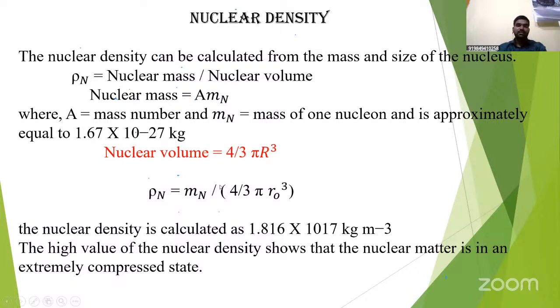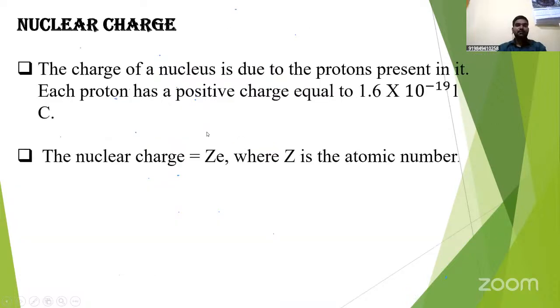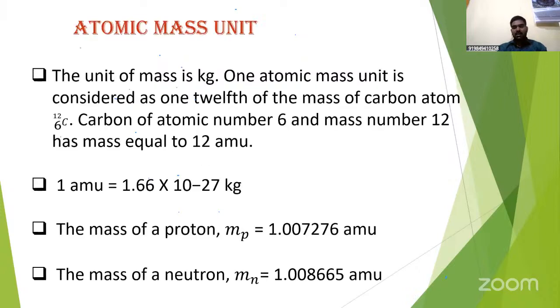We know the mass of the neutron, and we'll calculate using nuclear density. Okay. Nuclear charge, you have to remember the nuclear charge, that is 1.6 into 10 power minus 19 coulomb. And nuclear charge is given by Ze. Atomic mass unit is equal to